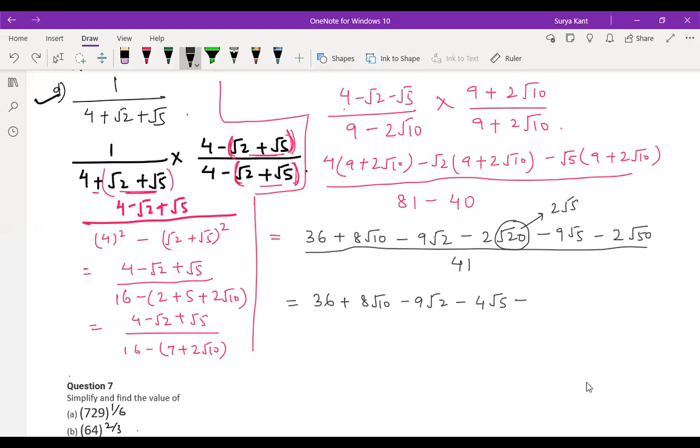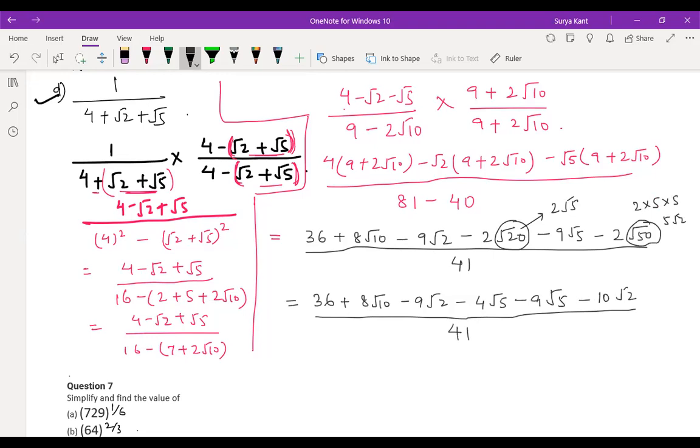What are you saying, Harani? What is the doubt? Tell me. Okay, fine. Here root 50, what can we write for root 50? 10 into 5, or you can write 2 into 5. So this can be written as 5 root 2. Is it clear, children? 5 2s are 10, 10 root 2.